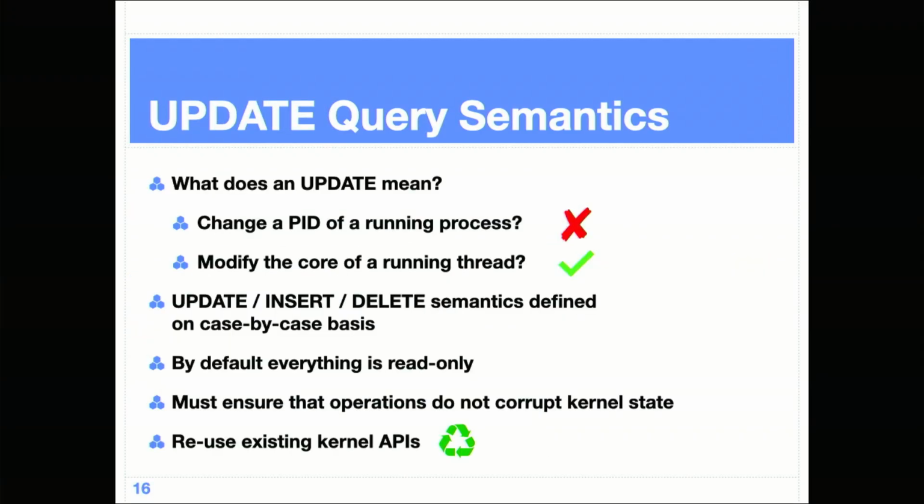So read-only, pretty simple. Lock the table, make a copy, operate on the copy. But we also wanted to do update. And someone before the talk was chatting with me and asked about this other technology called OSQuery. OSQuery is a user-space program that represents data from the kernel, data from system calls, using SQL semantics. And OSQuery is quite cool in that way. It has a lot of challenges that we've surpassed because it's not in the kernel, it's not as fast, lower fidelity, a bunch of other issues. But also it can't do an update, right? So one of the things you want to do when you've got this transactionally consistent way of handling the data is now I want to be able to make changes.